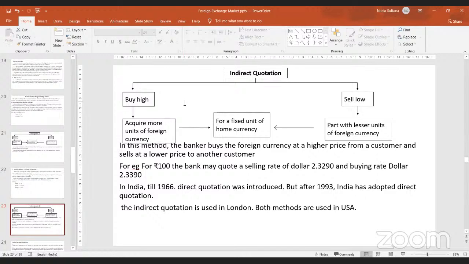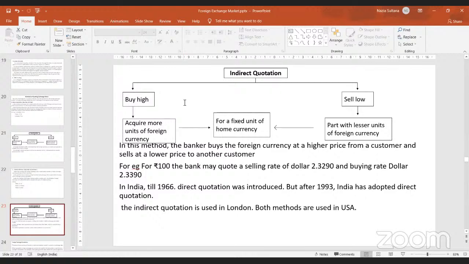But in India, this method is no longer adopted because you are adopting only the direct method: 1 rupee is equal to how much of other countries' currency. You are not keeping a constant 100,000 base, but it is a direct 1 unit quotation. So $1, how many rupees? €1, how many rupees? £1, how many rupees? 1 yen, how many rupees? Different countries' currencies are directly expressed in terms of Indian currency: the direct method.